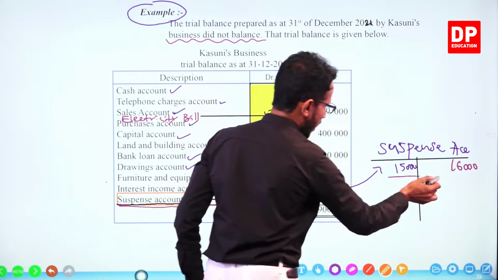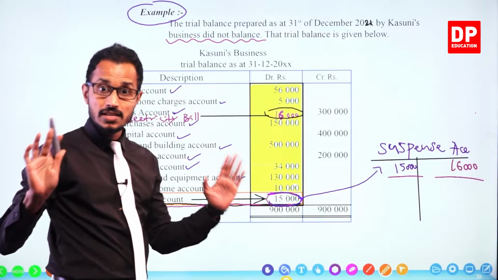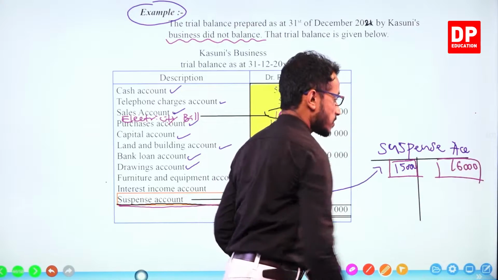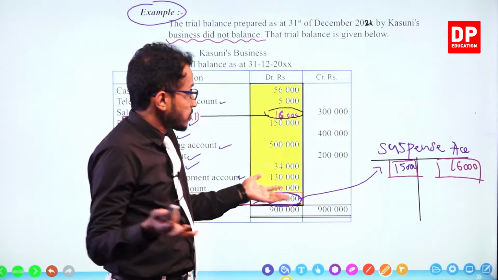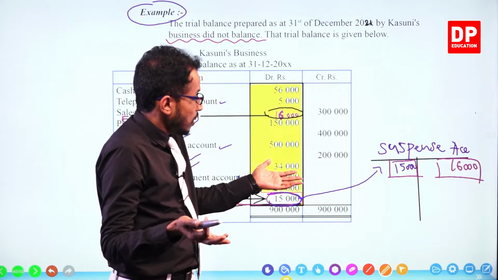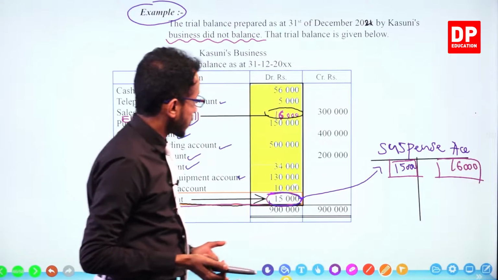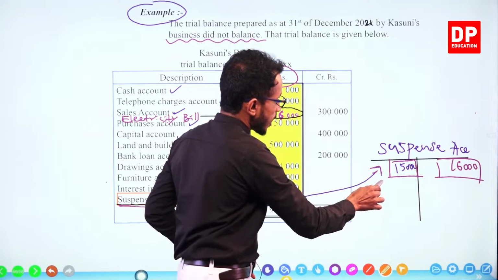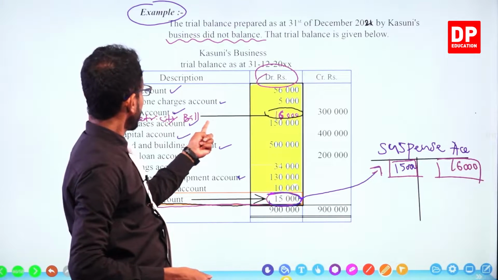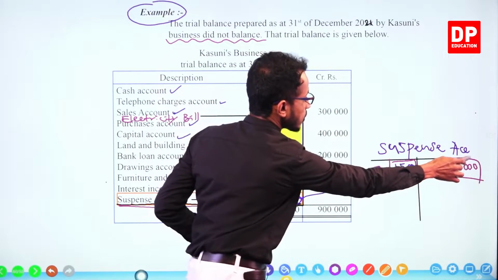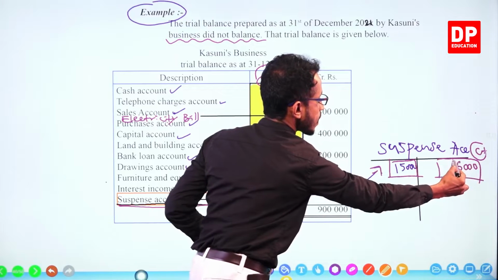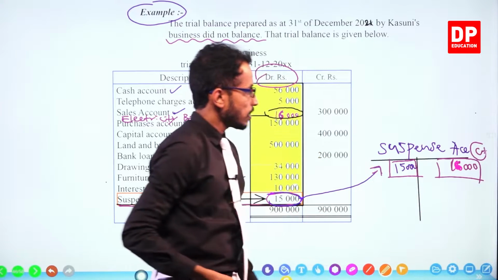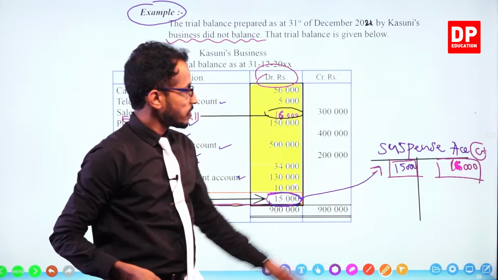Okay, it's not balancing at once because there are other errors. Okay, so have patience, no worries. Here it's 15,000. Now the children must be like, oh my god, sir must have made a mistake. It is a 15,000 balance in the suspense account debit side. Yeah, debit side 15,000 balance, and sir corrected the error, and electricity bill was entered to the credit side 16,000. But the suspense account is not balancing, it's not getting cancelled off now. 15 here, 16 here,